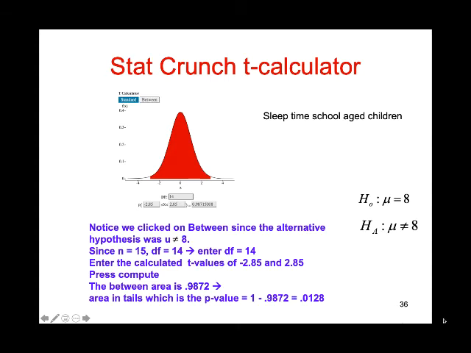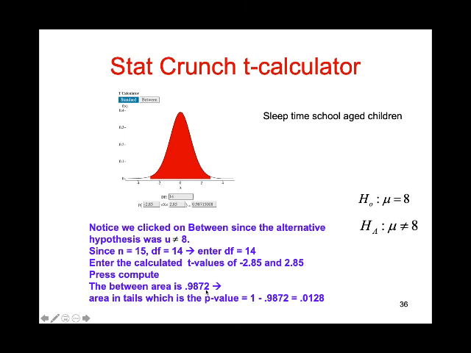Another quick follow-up on the study of sleep time of school-age children. We're going to find the critical t-value using the t-calculator on StatCrunch. We have a two-tailed test. They either sleep 8 hours a night or they sleep something other than 8 hours a night. So we clicked on between. We entered the critical value that was calculated, plus and minus 2.85, 15 children, 14 degrees of freedom. So the area between those two critical values is